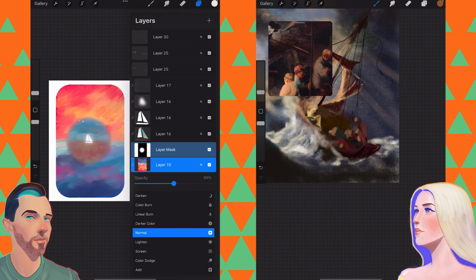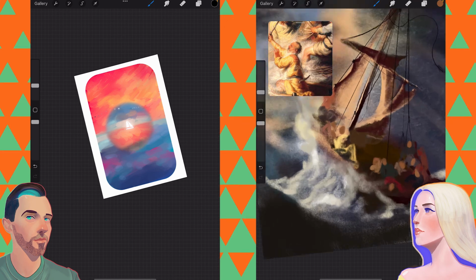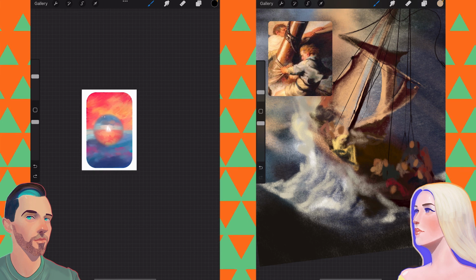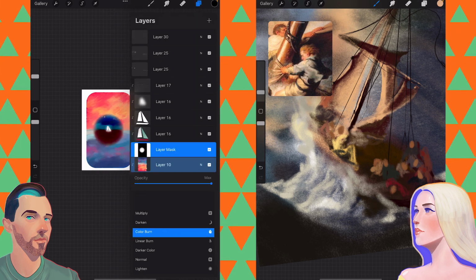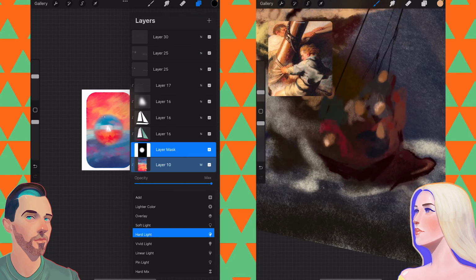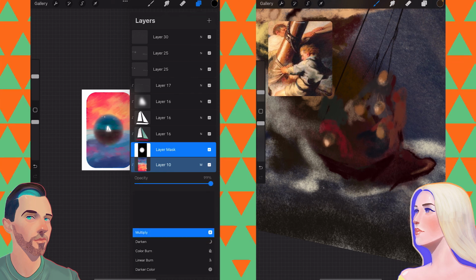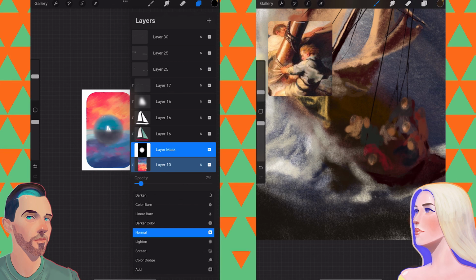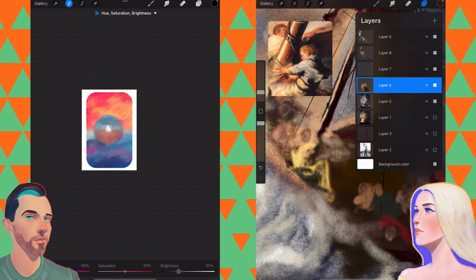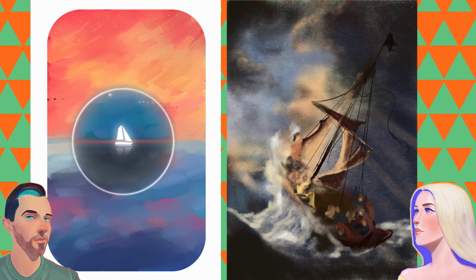I loved doing the people here because it gave me an excuse to zoom in on all the people on the boat, and look at this guy, just hanging on for dear life. And each one of those is so amazing. They're so cool. So detailed. It's so amazing that he put so many amazing people on one boat. On one capsizing boat. Yes, my boat, you can't tell whether it's capsizing or not. Yes, and this is, of course, moments before the whole storm stills and everything gets better. Allegedly. Yes. It might just capsize. Who knows if it's exactly that scene? Well, I think we do know, but...